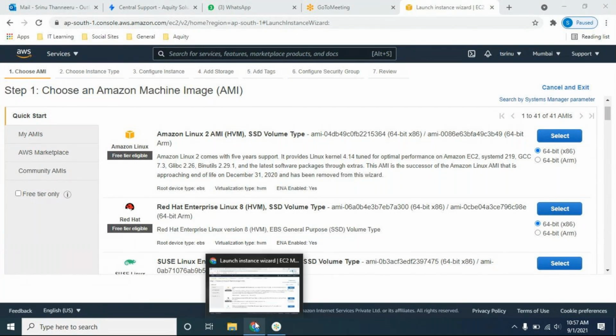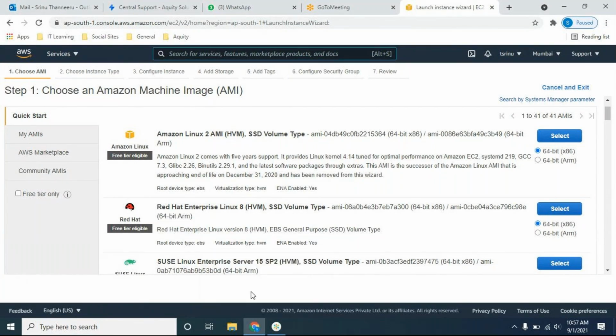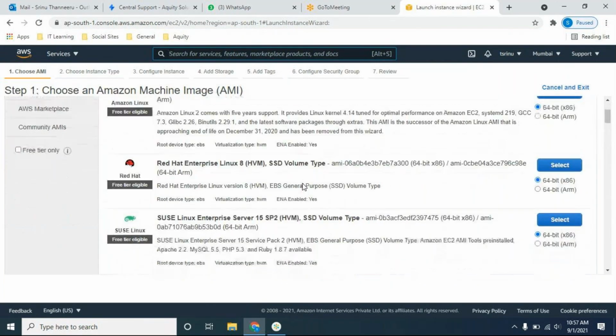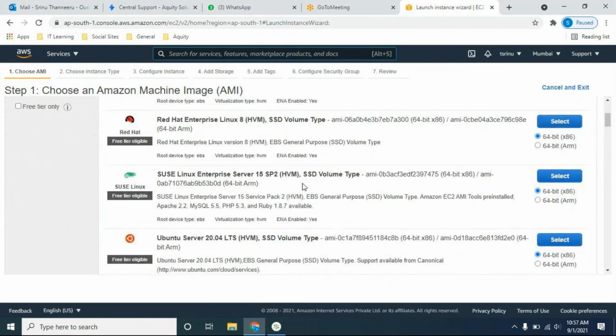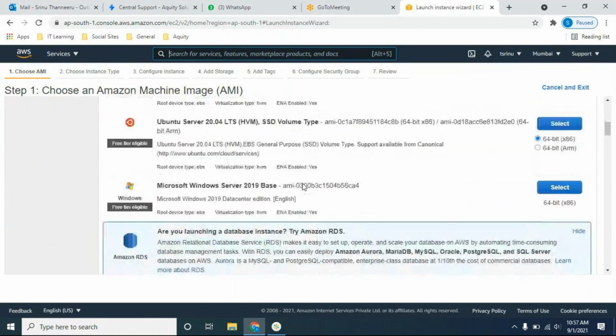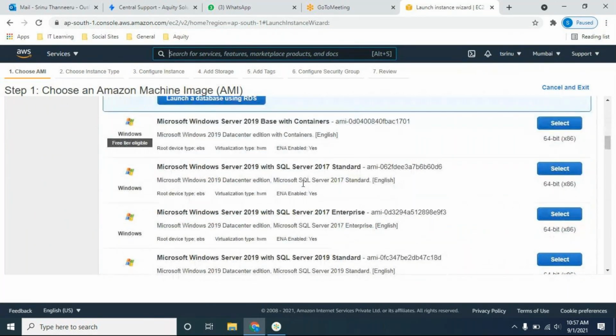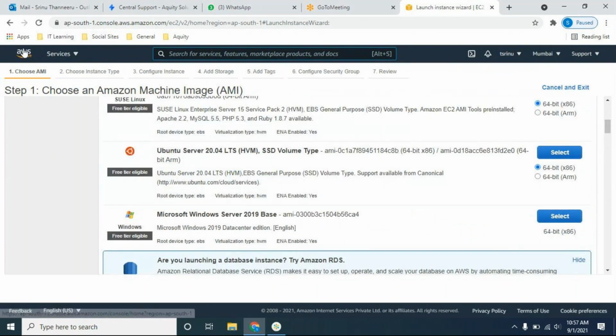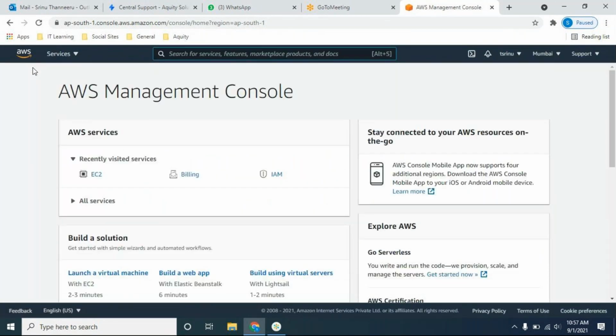Are you able to see my screen? Yes, I can see. Okay, I came here. Our backup server will have an ending like BCD, right? Cancel and exit. Go to EC2.